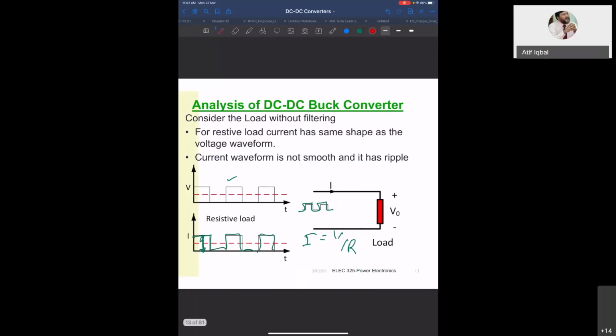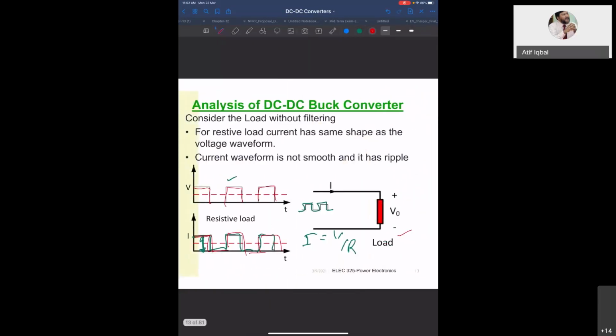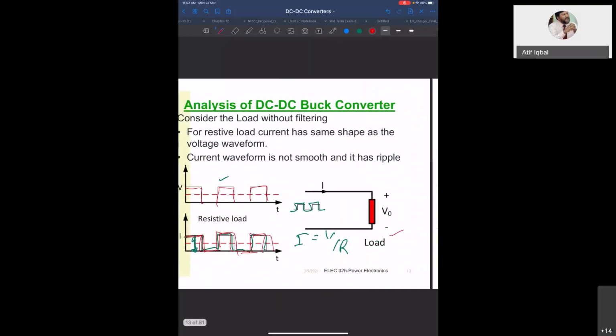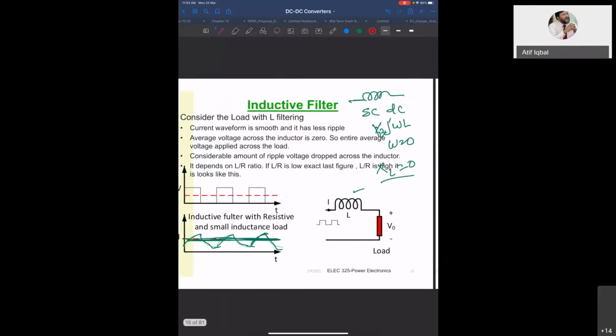This is the resistive load circuit. If the voltage is in the form of pulses, then the current will be exactly the same shape as the voltage. That means it has huge ripple. The peak value is equal to the ripple value. If you have inductance in the load, then the current will be smooth, because there will be integration of the square wave, and you will have a smooth shape of the inductor current. Now